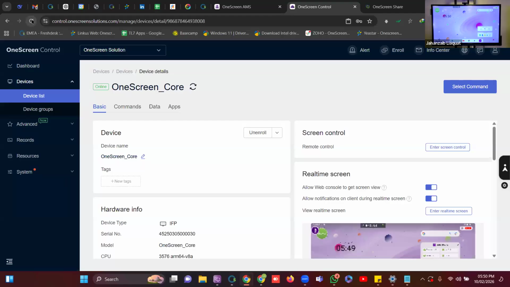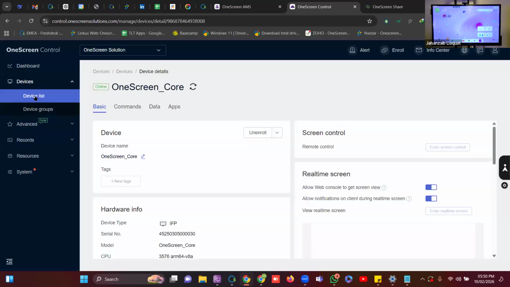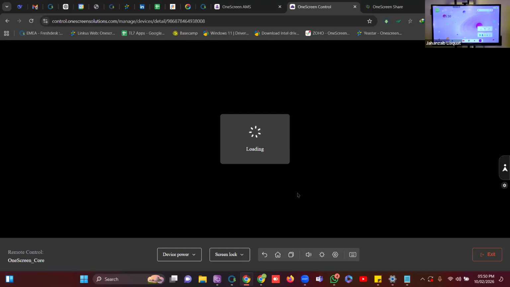Let me just refresh this one, and again go to the devices. This is the device One Screen Core, and you can see the real-time view. And if I click the screen control now,